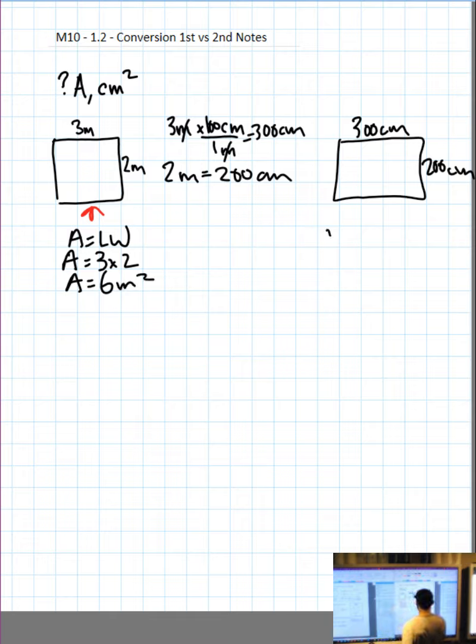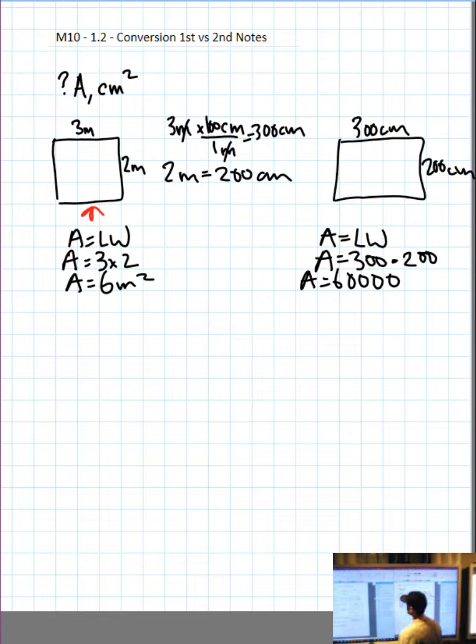And over here, A equals LW, A equals 300 times 200. A equals 6 with 4 zeros after it. But because we're using centimeters, it's now centimeters squared. Are these things the same? Well, let's find out. 6 meters squared times